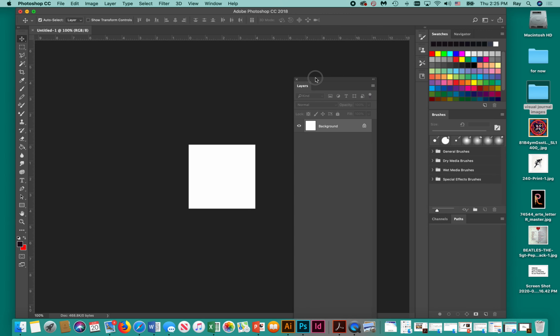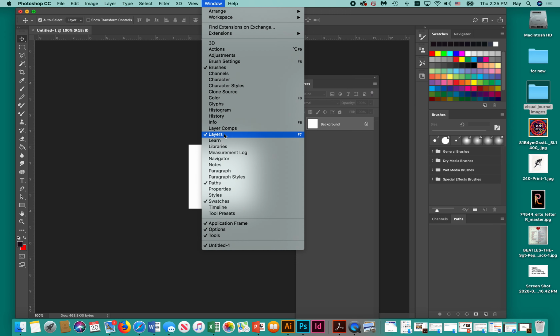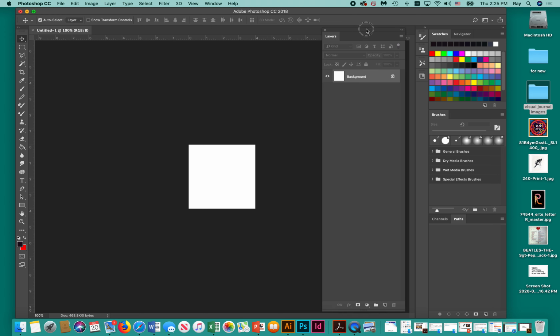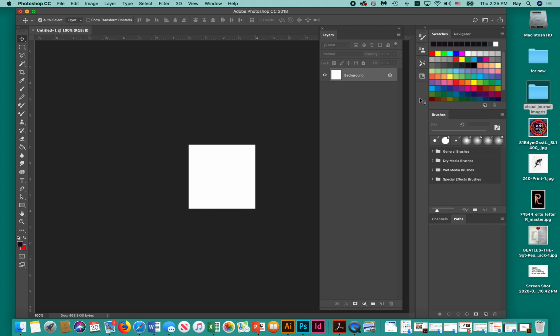You want to have one window specifically open, and that's your layers window. If it's not open, you just have to come up here to Window and Layers and click it on. And that's what we're going to be using. We're going to be pulling our images in from our desktop, and as I pull them in, they're going to make new layers. Layers in Photoshop are just like what it says: putting one image on top of the other. And of course, if one image is in front of the other, it gets blocked, and that's this little eye here that tells us what we can see.